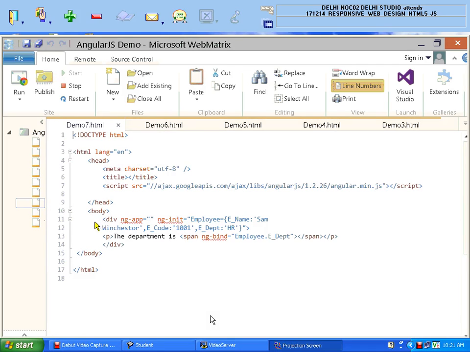See this place. I said div ng-app and ng-init. Now see what is the name of my object over here. I said the name of the object is employee. Now when I use this object, inside it I want to declare a variable, maybe more than one variable. So inside this object, when I want to store the value,